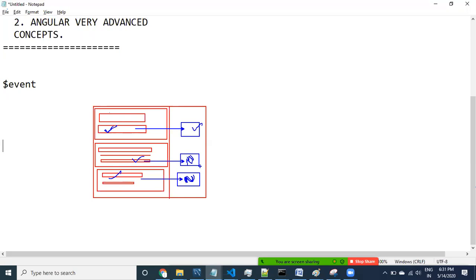This is my goal actually. To achieve this goal, you need to understand this table 1, this table 2, and this table 3. This information we are displaying in the app component. This information is available in the app component. So you are applying an event on the component we click. On click we need to get this information.